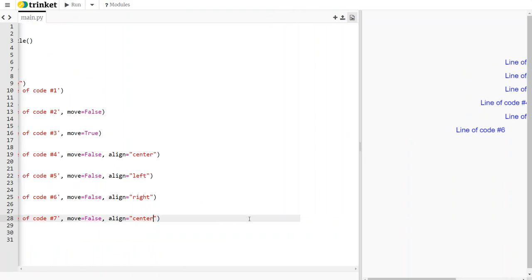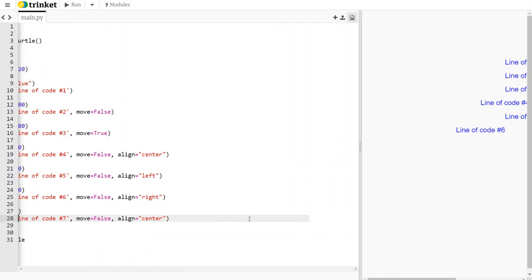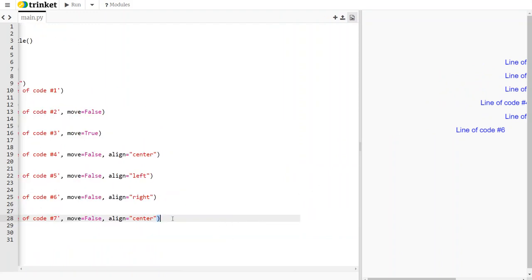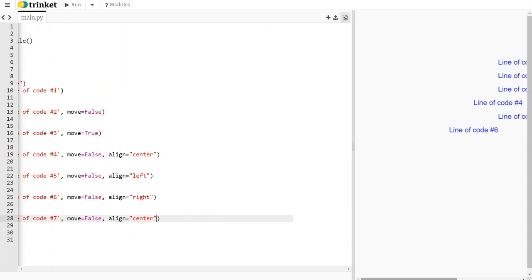I don't know why it's doing this. And it's becoming a little annoying. It's going to be, let me make, why is it doing that? I don't know, but